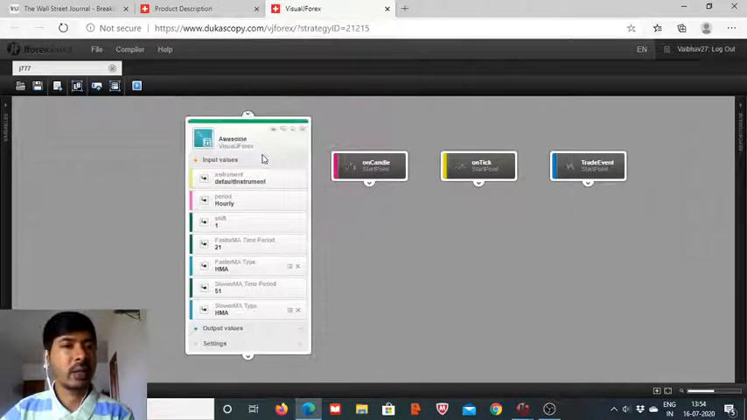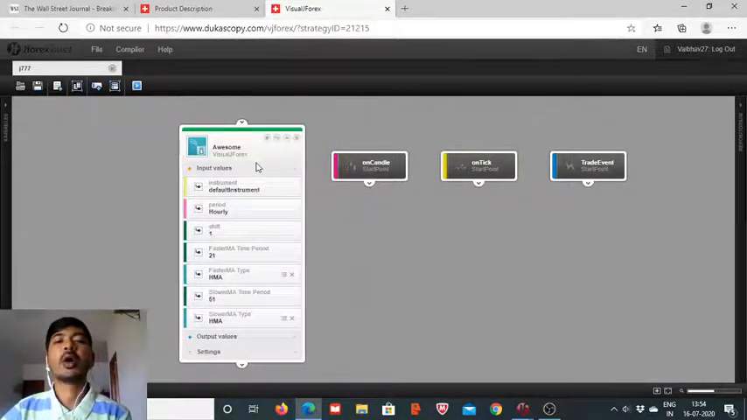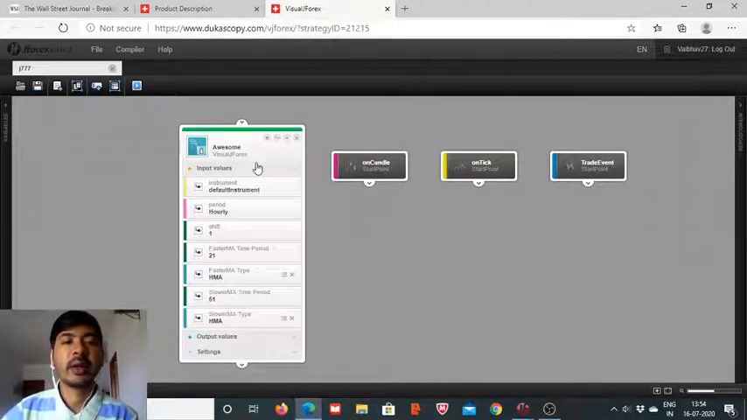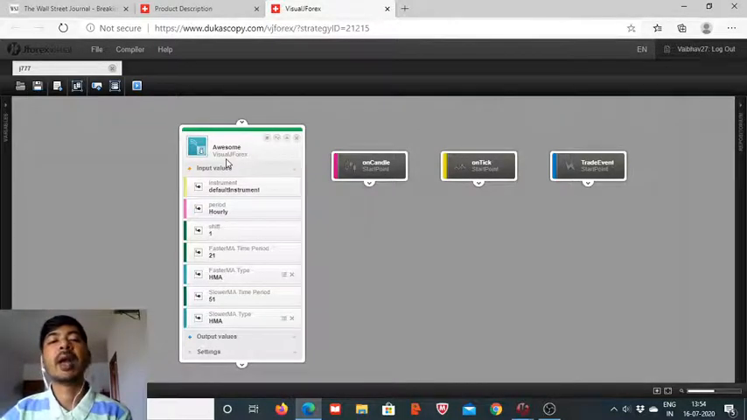So that's it for today's session of the Awesome Oscillator. I hope you have liked this indicator and you feel fairly confident that you will be able to use these for building the algorithm